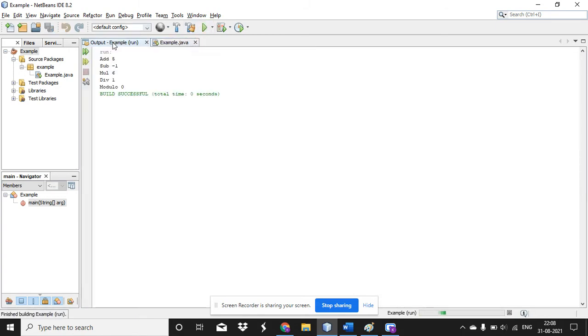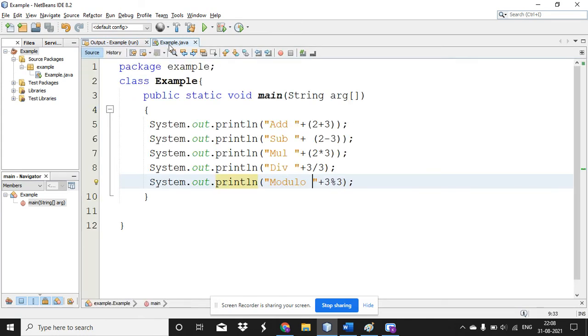Okay, if I execute, then look at the output: 5, minus 1, 6, 1 and 0. Yes, so this is how your arithmetic operators perform.